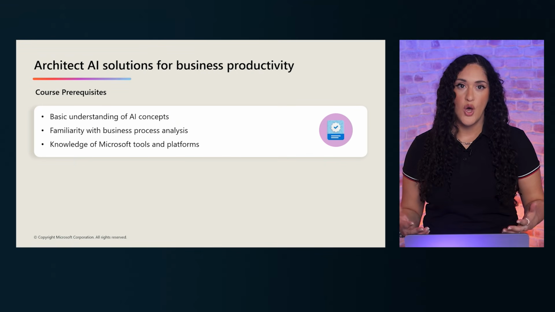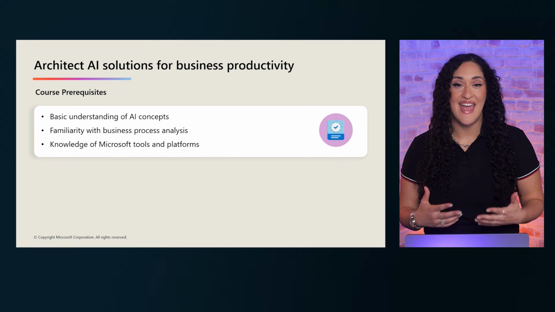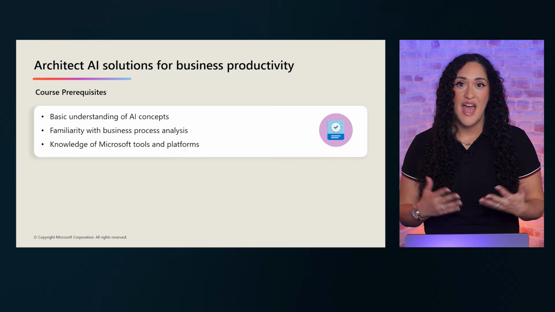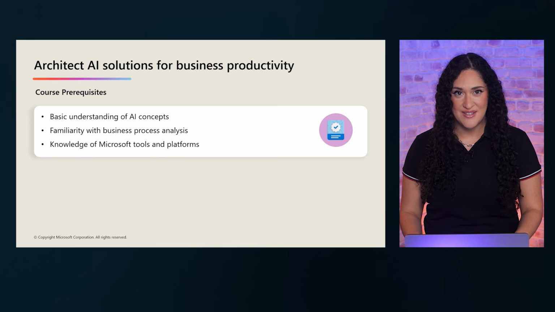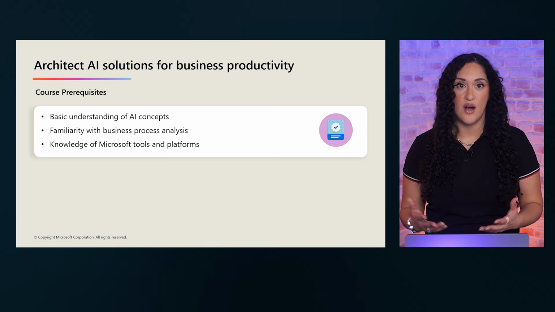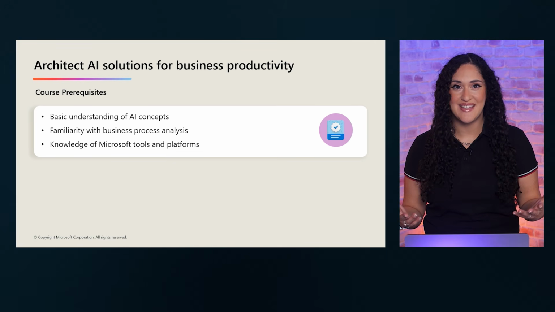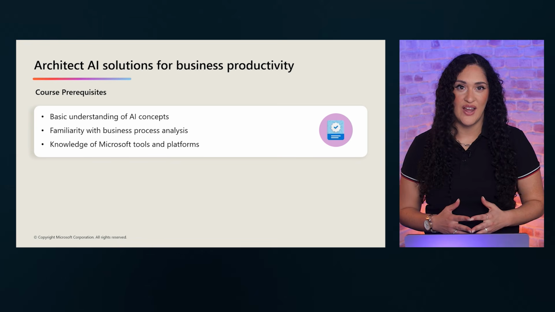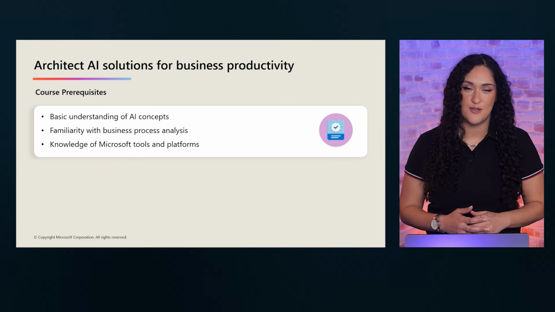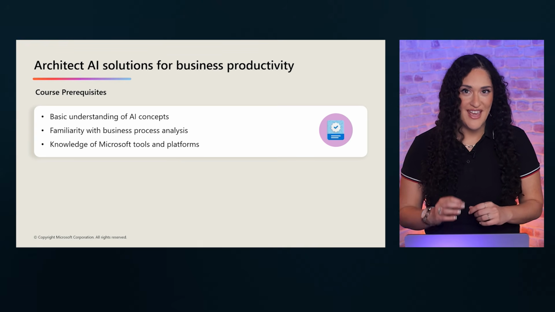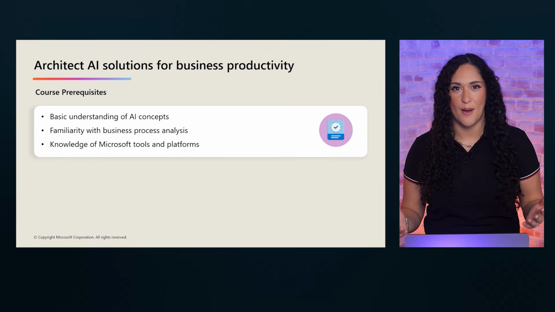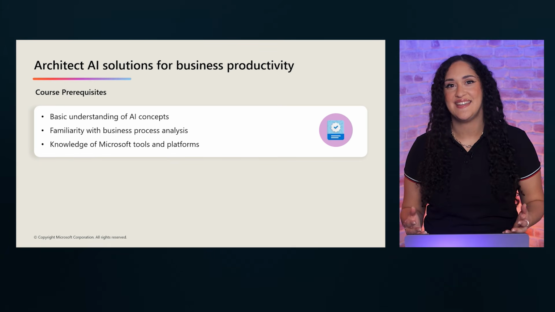This advanced course walks you through best practices for designing AI-powered business solutions using agents, generative AI, and Microsoft Copilot to improve productivity and efficiency. It highlights key topics like analyzing business requirements, evaluating and organizing grounding data, designing an overall AI strategy, and deciding when to use pre-built, extended, or custom AI solutions. You'll also explore multi-agent design, prompt engineering, governance and compliance considerations, and adoption strategies that help turn AI ideas into